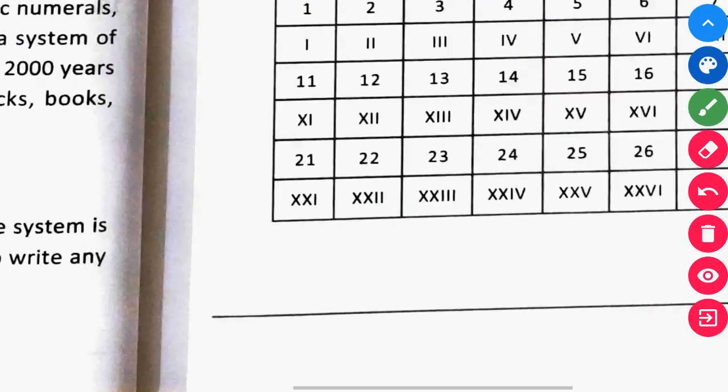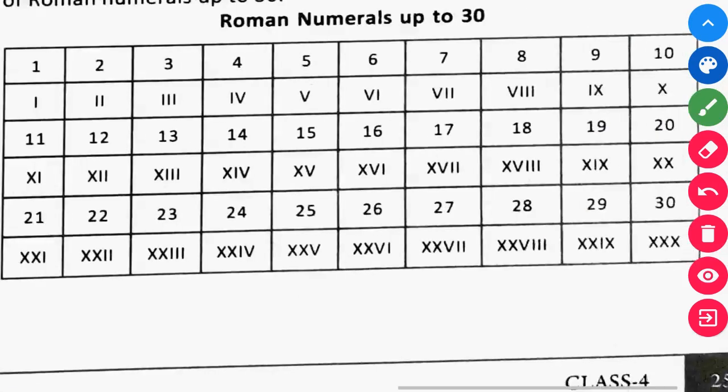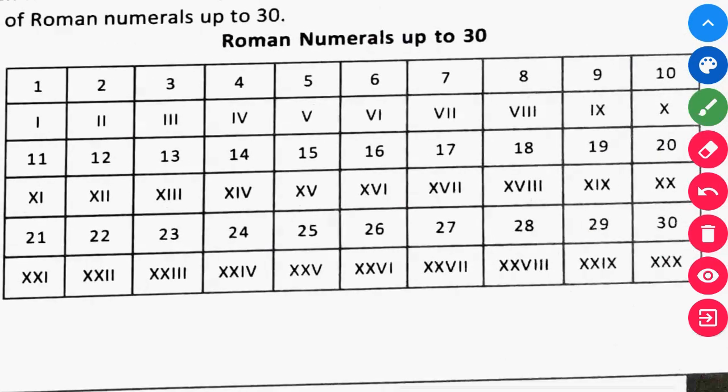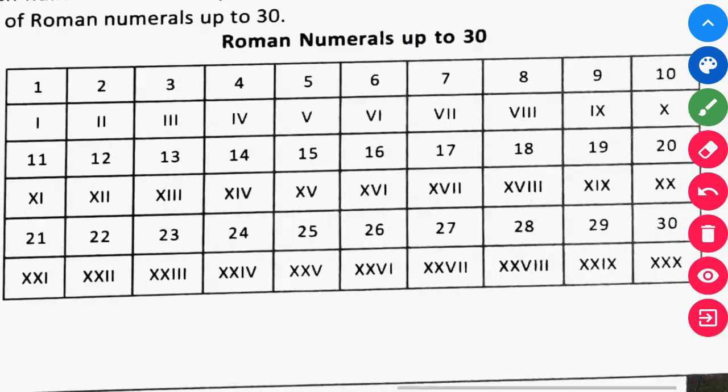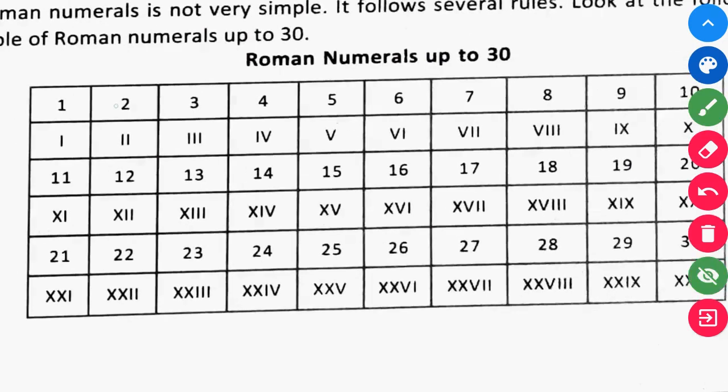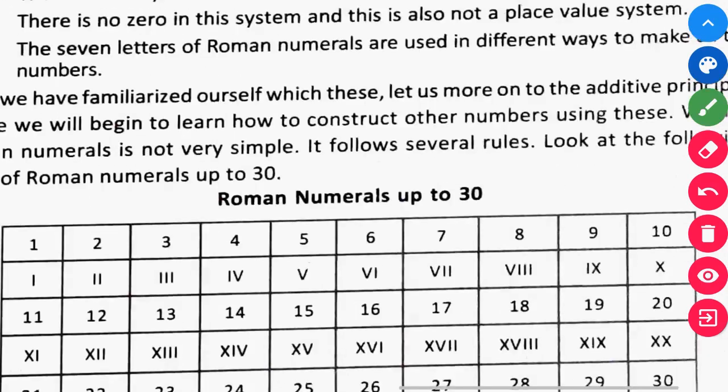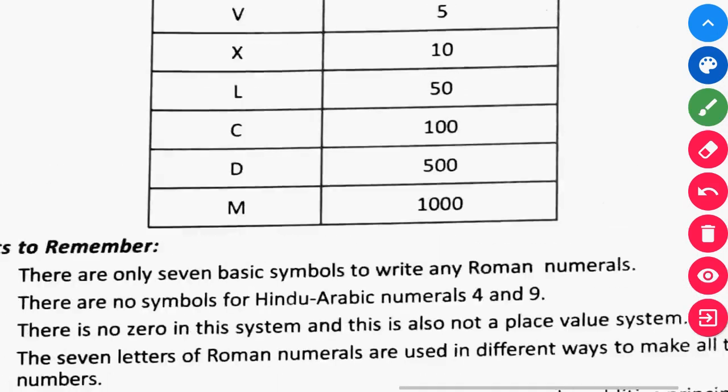So just look here. You have up to 30 numbers. The number 1 is written as a single standing line, then 2, 3, 4, 5, 6, 7, 8, 9, 10. You can look at how they have written 11, 12, 13, 14, 15, 16. So up to 30 numbers you have to keep in mind about the Roman numerals. Now the important one is